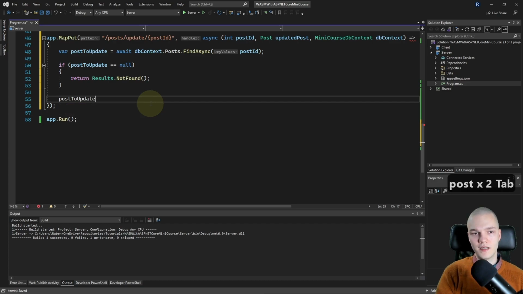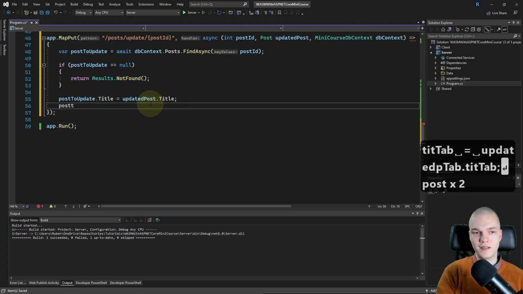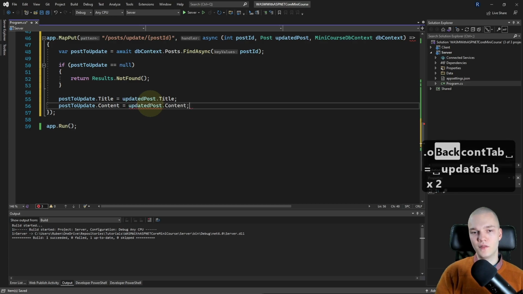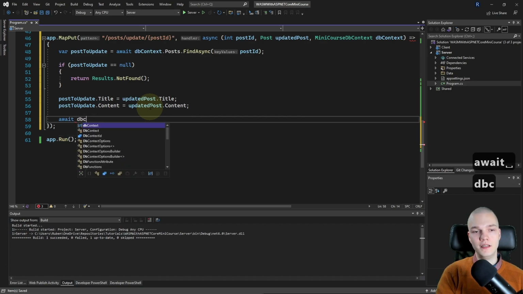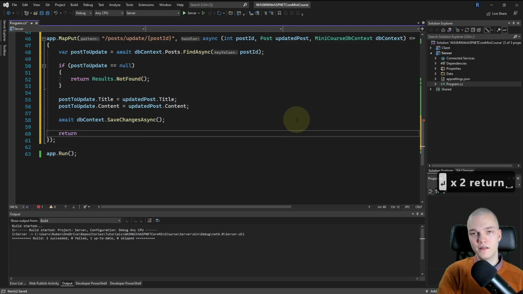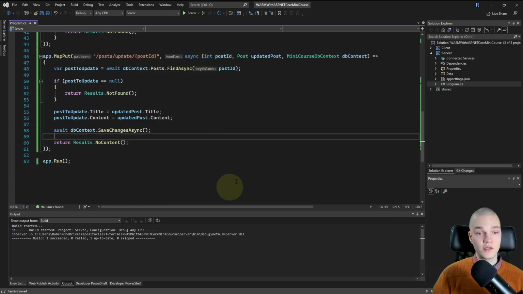So else we're gonna set the post to update dot title to updated post dot title, and we're gonna set the post to update dot content to the updated post dot content, and then we want to await the DB context dot save changes async, and this will persist these changes to the database. And lastly, it worked. So we're gonna return results.nocontent.